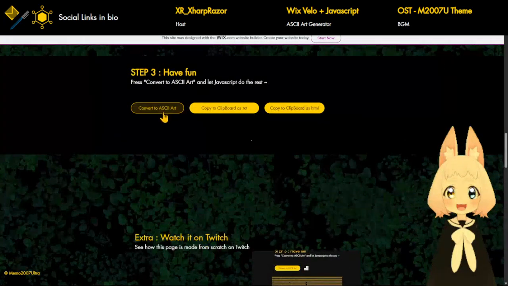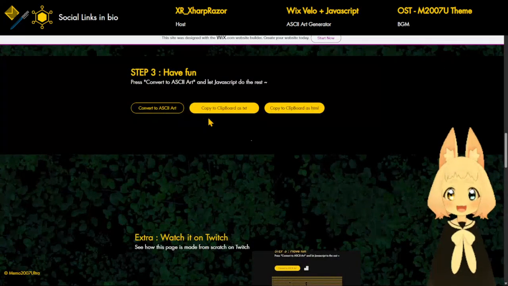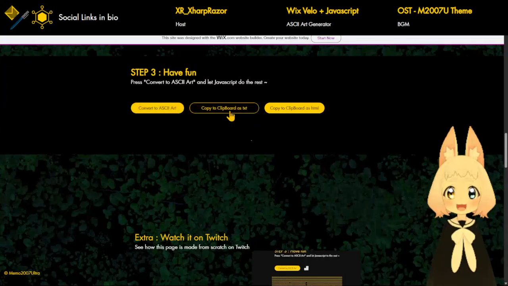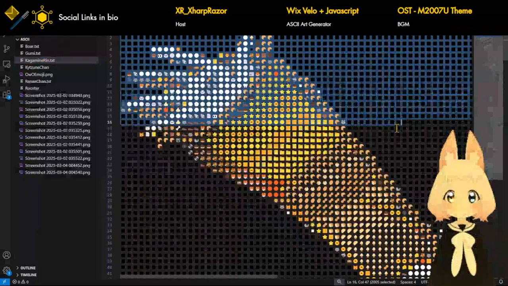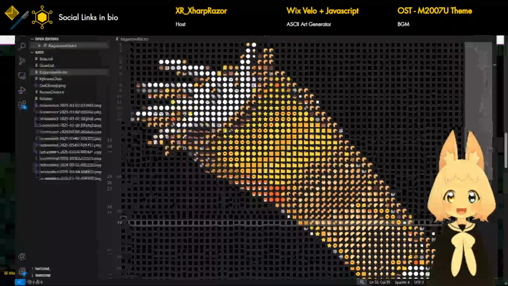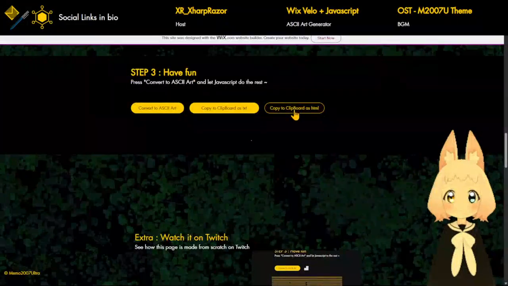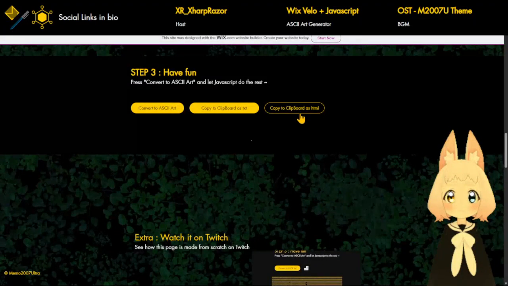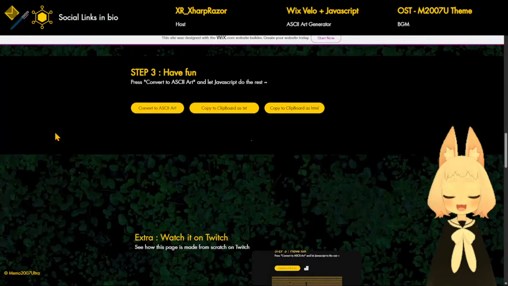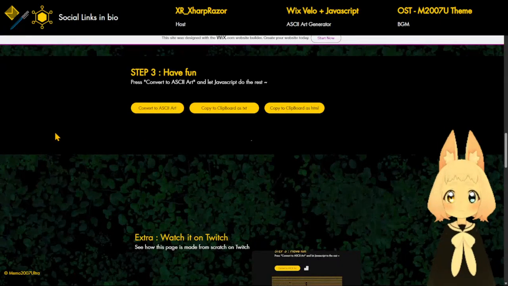Now we can convert it to ASCII, but of course we can copy it to the clipboard as a text, just like back in here. It's just copy and paste the entire result, nothing much else going on. But we can also copy it as an HTML. So first let's just convert to ASCII art. This may take a while to load, this may take a while to render and all that stuff. So yeah,